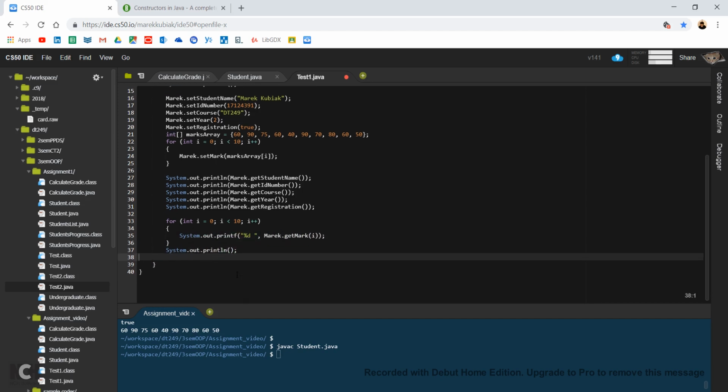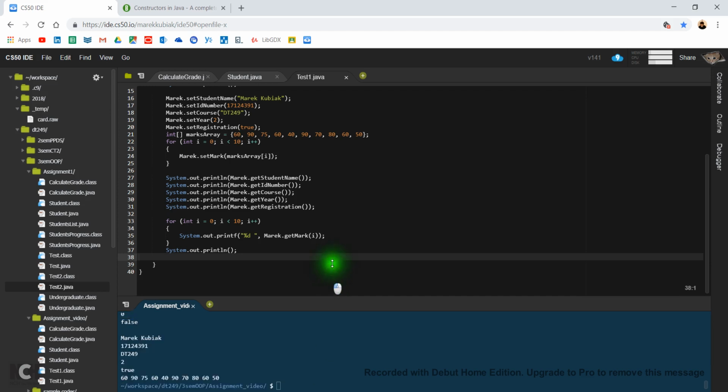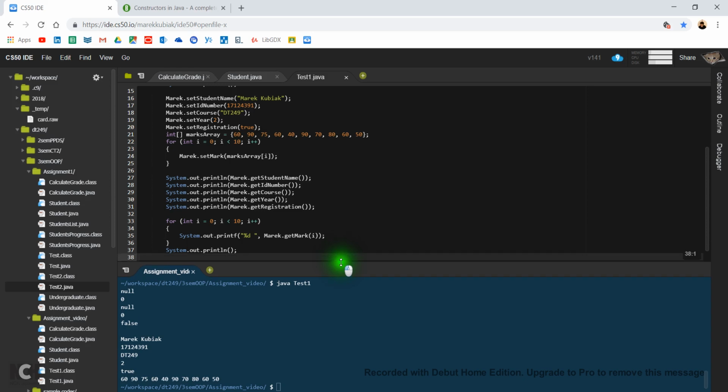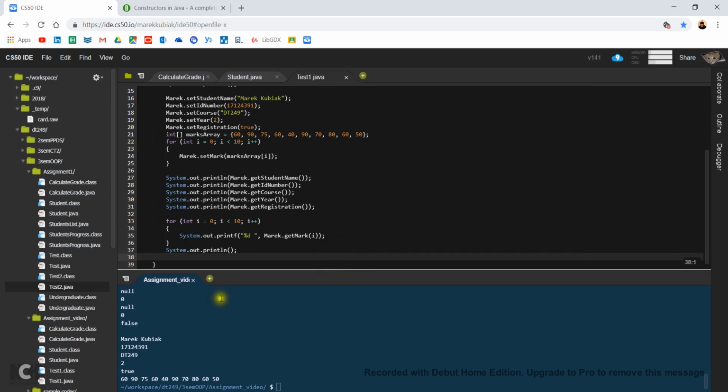Okay, now I can Control S for save, and javac test1.java, enter, compiled nicely, and now java test1, and that's how you run the program with the main in it. Okay, so let's see what happened here. Something ran, and I'm happy that happened. So as you can see, first,